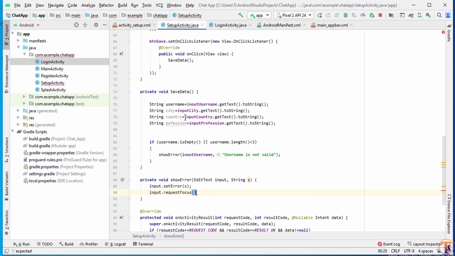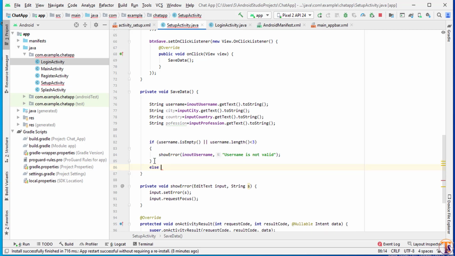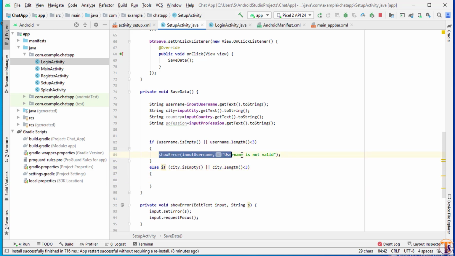That's it. Now again for second one is our city. So I will change if city dot is empty or city dot length is less than 3. We have to show same error, something like this. So this time not username, so I will change it input city.